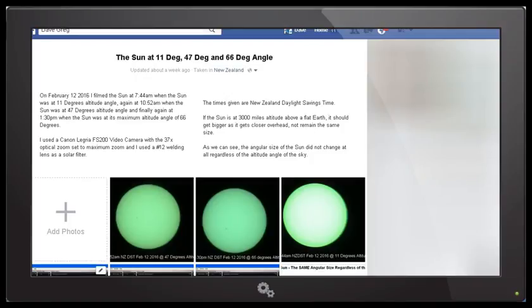Today is Sunday, February 28th, 2016, and this video is a look at the angular size of the Sun from a flat Earth viewpoint. Now, according to flat Earth theory, the Sun is at a height of about 3,000 miles above the flat Earth, and the diameter of the Sun is, I'm told, 32 miles in diameter. Now, as any child knows, when an object is closer to you, it appears to be bigger than when it is further away from you and it looks smaller. So what I did was I took my video camera and put a number 12